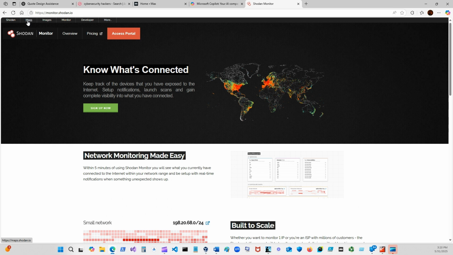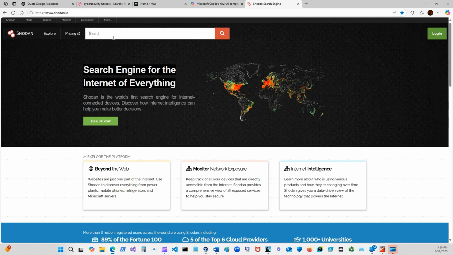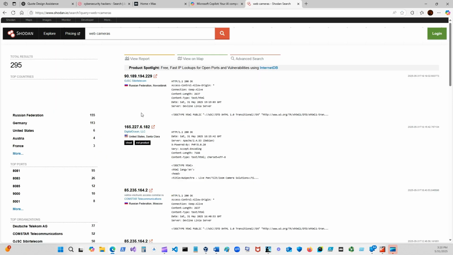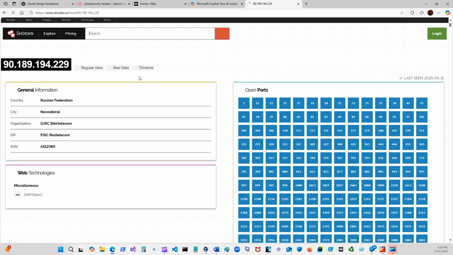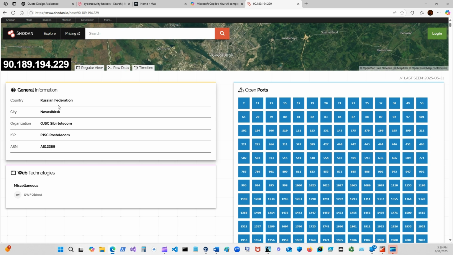Let's go to Shodan, the original one. Let's do web cameras and see what comes out. There's a Russian Federation access control. Let's see what happens on this one. Russian Federation.